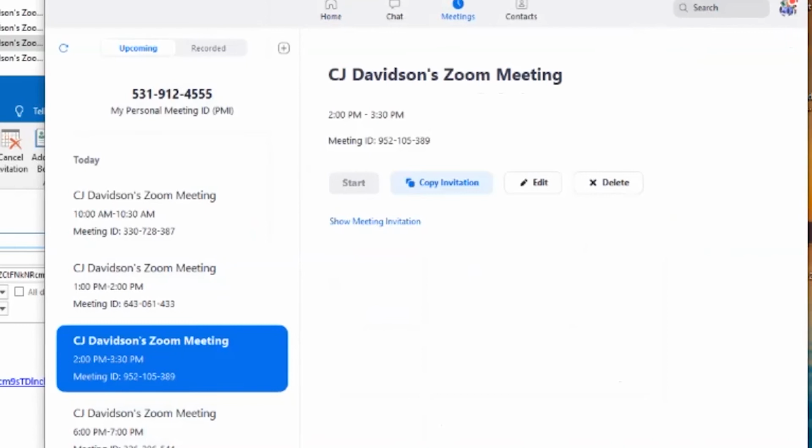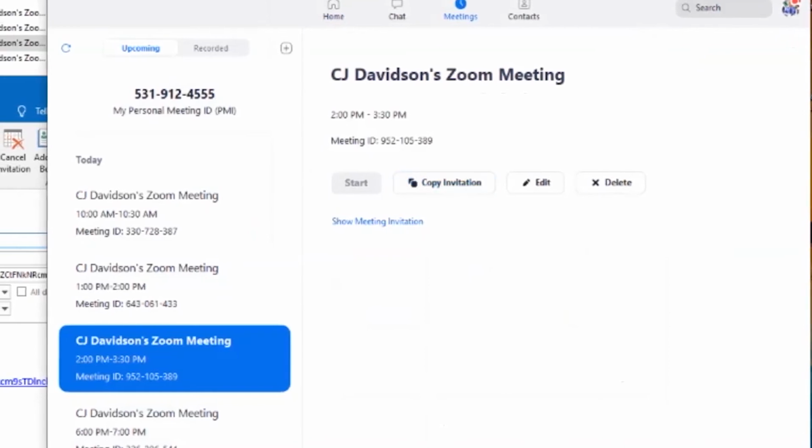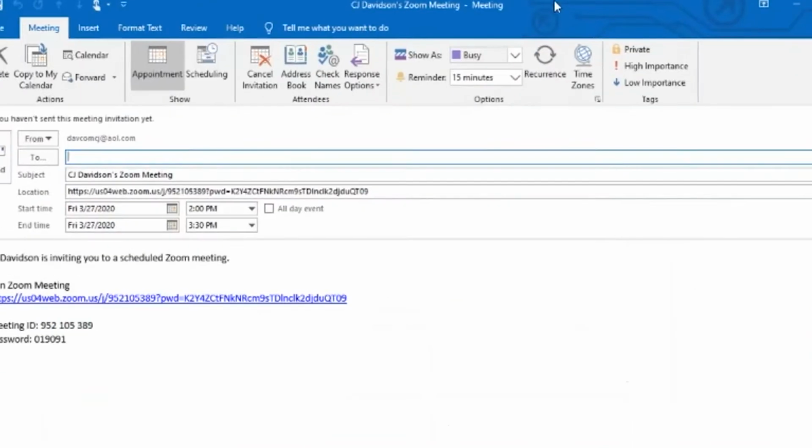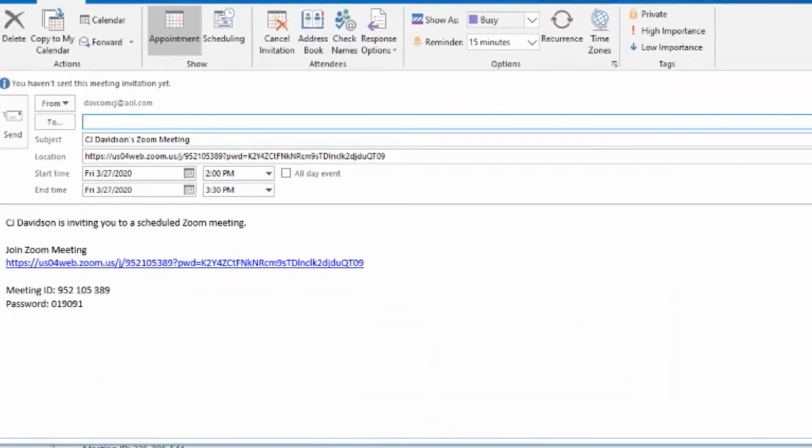Okay, so we can go here to copy the invitation if you're going to go and put in your email, which you don't have to because it automatically gives you the invitation. The time and the date is already done for you. All you have to do is put in your contacts,